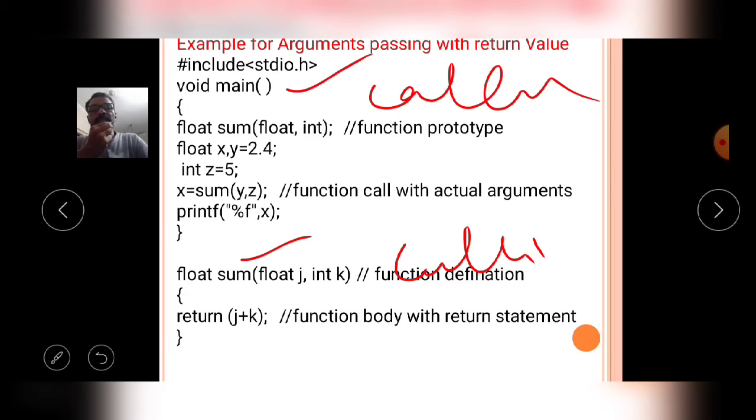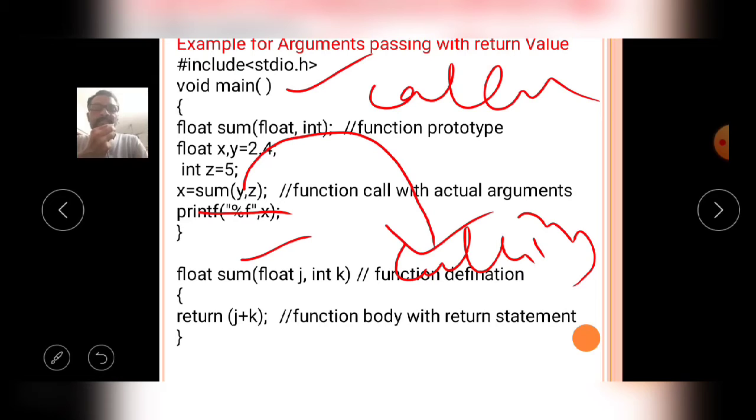So while the control is moved from caller function to calling function, when the function is called in this line, sum of y comma z, now the y comma z values are moved from caller function, that is main function, to calling function, that is sum function. After completion of the execution, it returns a value to the caller function.